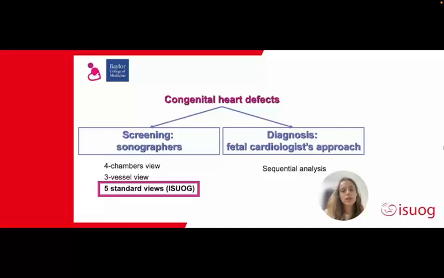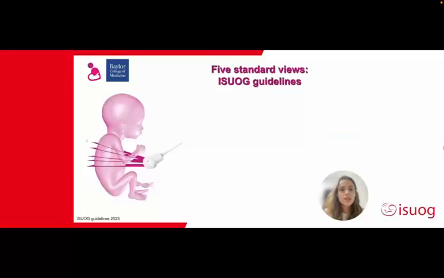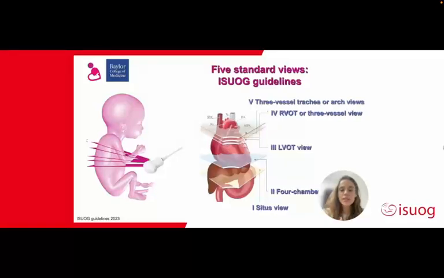Now, I'm going to focus on the 5 standard views because this is what we actually do on our daily basis. So here you have the 5 planes that we need to acquire, more or less. They are all in axial views, with a little bit of tilting of our probe, and we need to go from the first plane, the situs view, move up to the 4 chambers view, left ventricular outflow tract view, right ventricular outflow tract, or the 3 vessel view, and finally we move up to the 3 vessel trachea or the